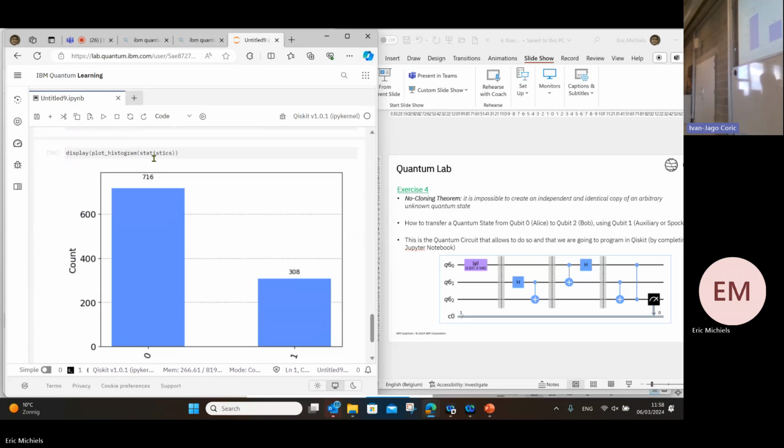Quantum machine learning requires, first of all, let's say, a quantum introduction, and then we can do the